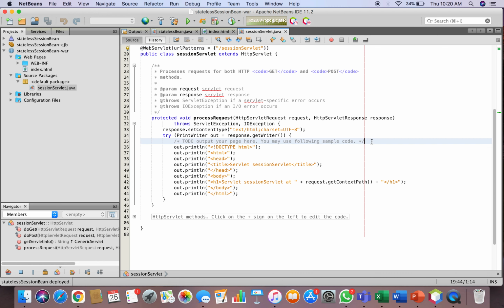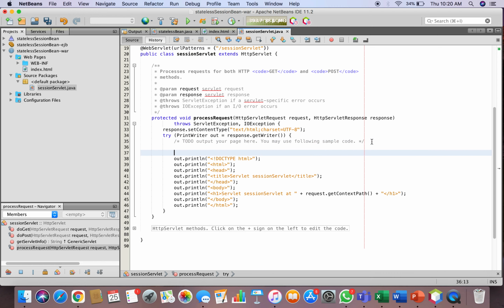The first thing is to retrieve the values that the user has entered. While retrieving it using request.getParameter, the return value would be a string. So for that, I have to parse it into an int.